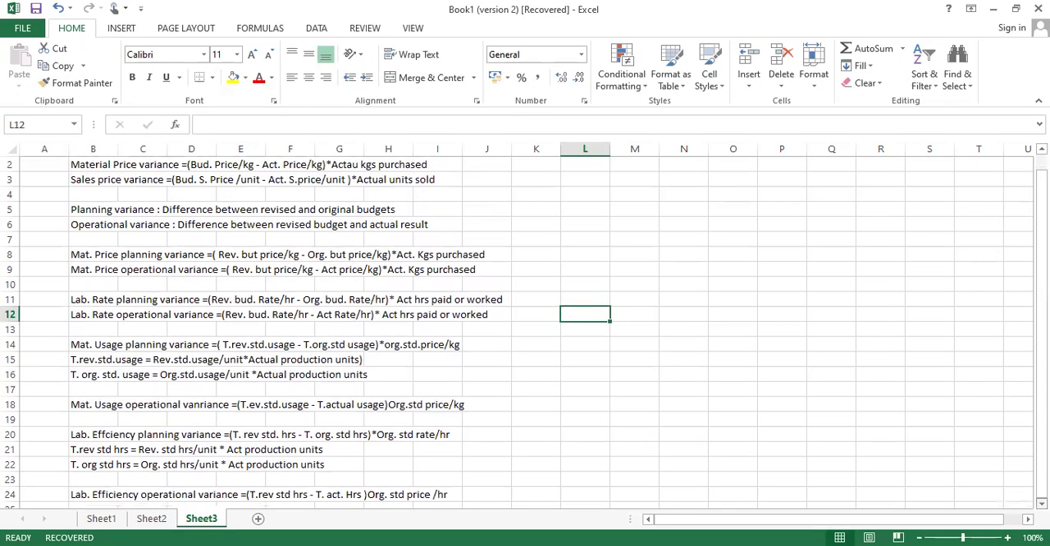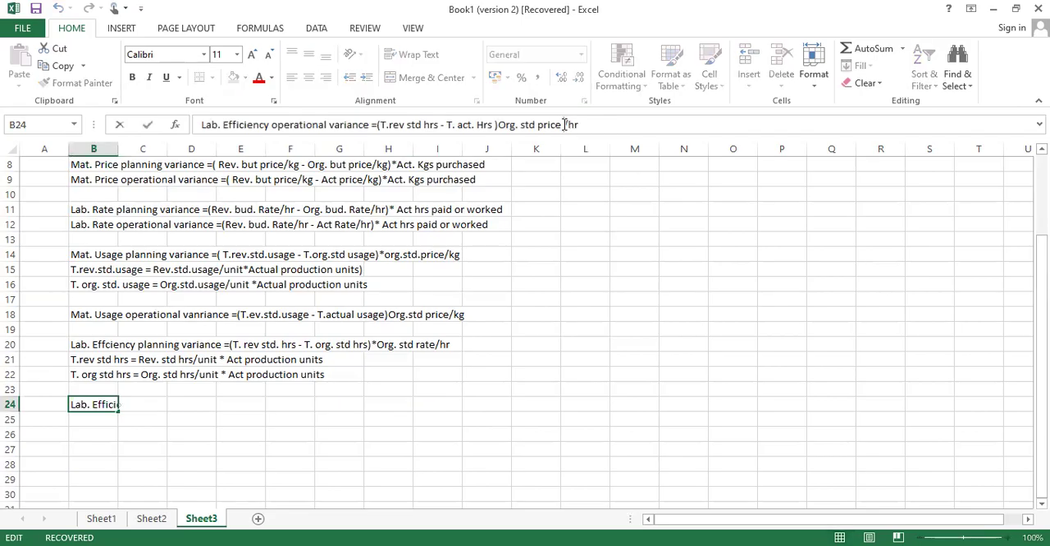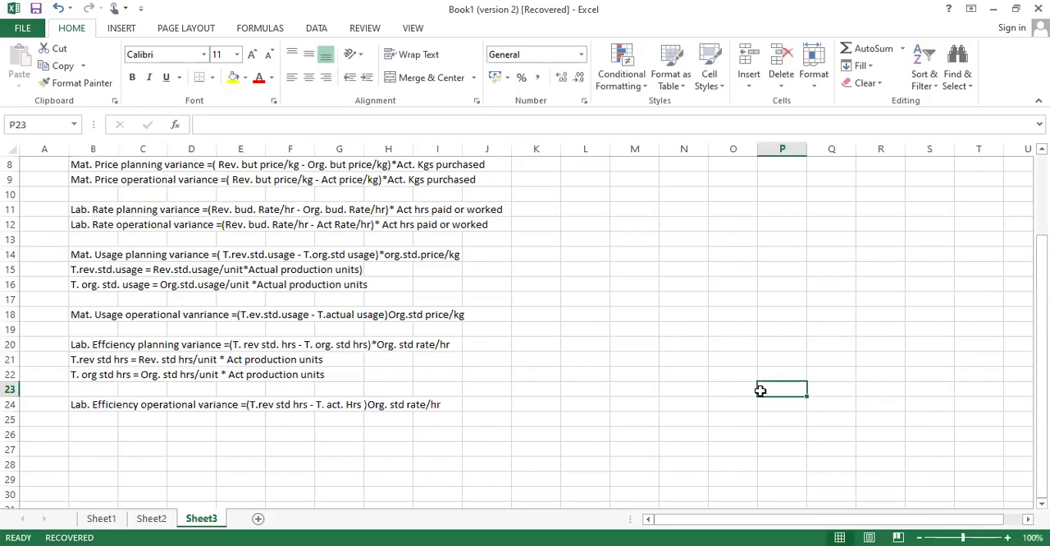Labor efficiency planning variance is total revised standard hours minus total original standard hours, into original standard rate per hour. This is the formula which I wrote over here. Operational is total revised standard hours minus total actual hours, into original standard rate per hour. I mistakenly wrote the price per hour; it is rate per hour. Okay, so we are done with labor